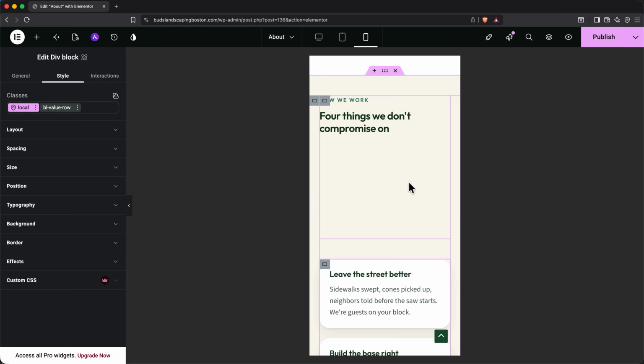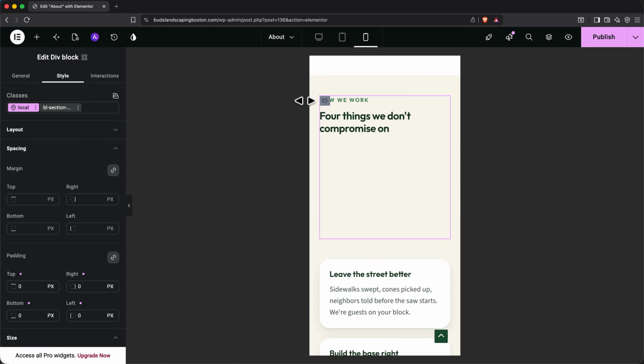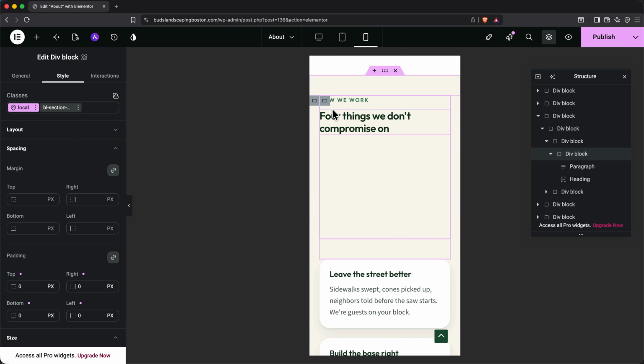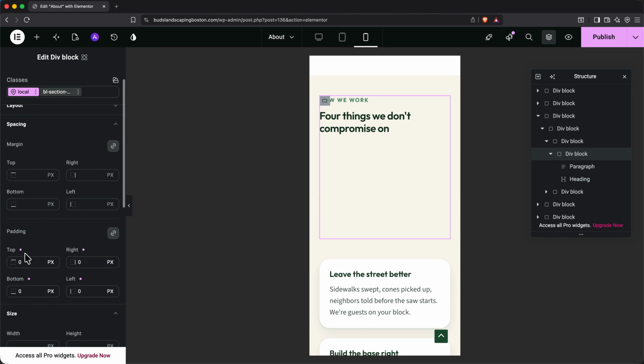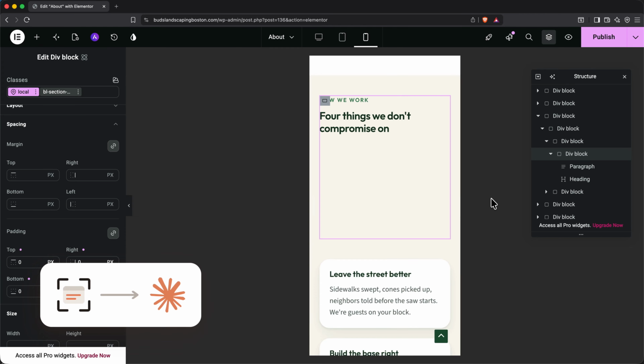I notice on my layout, for example, there's this big empty space here. And if I click into various elements, we can see what's going on with the spacing. Why is there a space here? We can open up the structure panel. And I'm not seeing anything that really indicates to me where this is coming from. We could click Style Origin, but there's nothing here in the mobile or the desktop view that would really make this so large. So this is one of those scenarios where I might actually take a screenshot and pass it